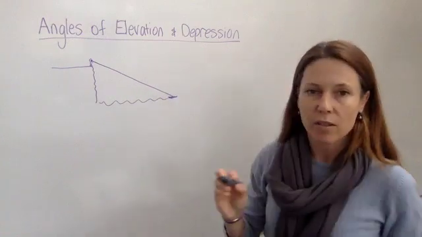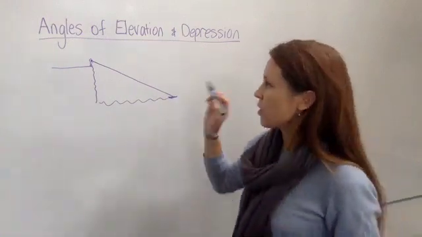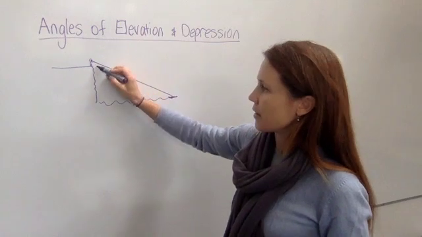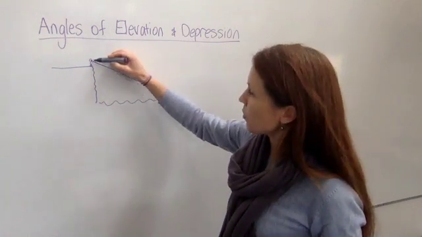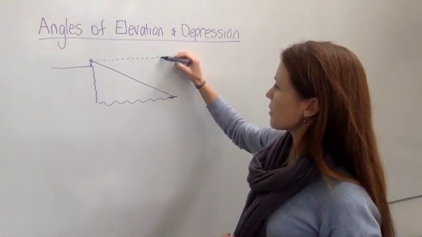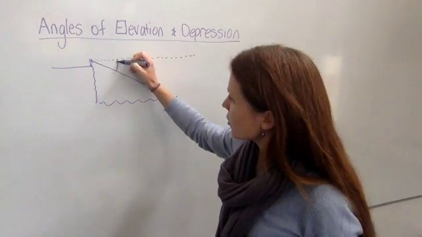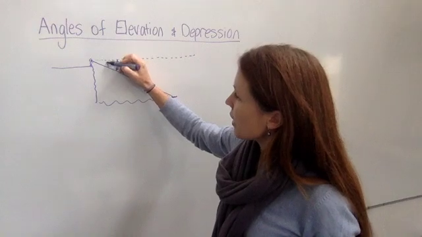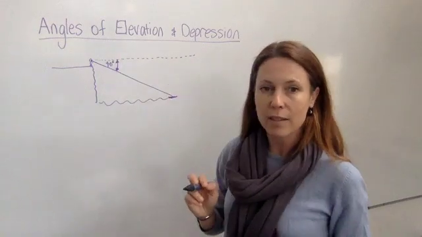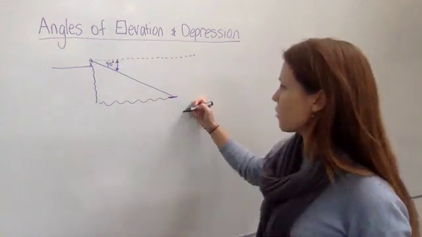seeing. Now, there's a way you can get tricked here. It's very easy to accidentally label this as 40. So what you've got to think of is the person's eyes looking out horizontally. The angle of depression is actually this one. So if that angle of depression is 40 degrees, then when you go to complete your question, it might